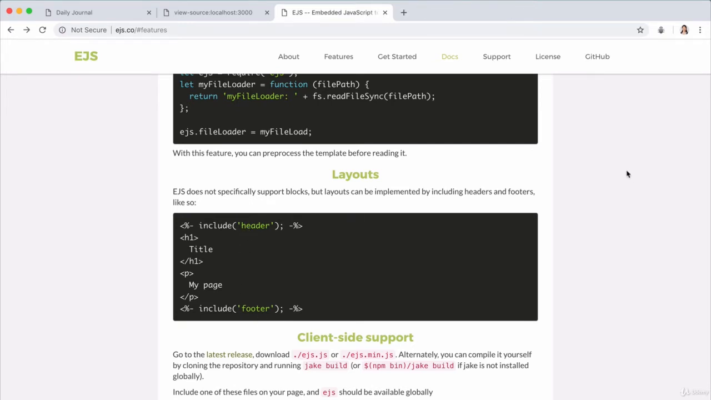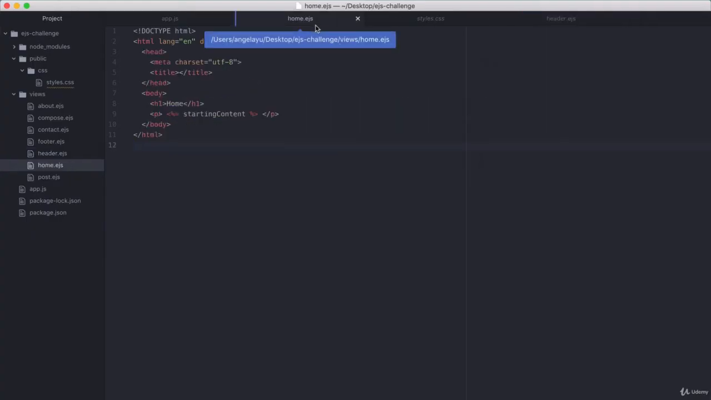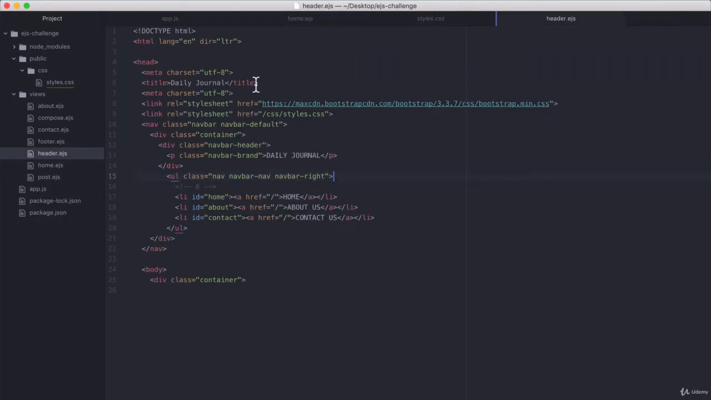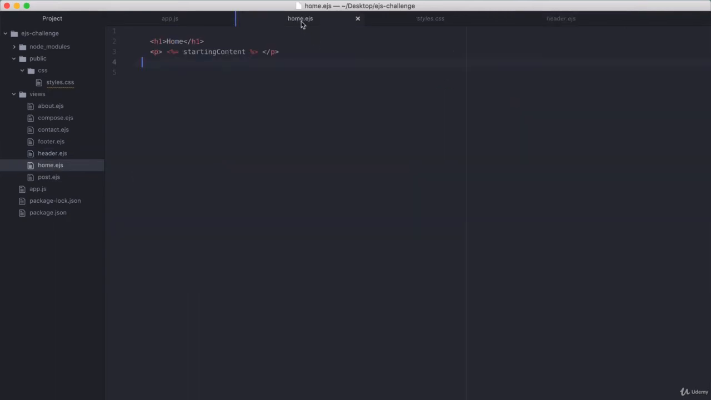So let's go ahead and implement it in our file as well. Inside our home.ejs, we're going to delete everything other than our h1 and our paragraph tag because we've got everything inside our header and our footer. Now, instead of those bits of HTML code, we're going to use our EJS layout syntax, which is an angle bracket, percentage sign, minus sign, or a dash, and then we use the keyword include,